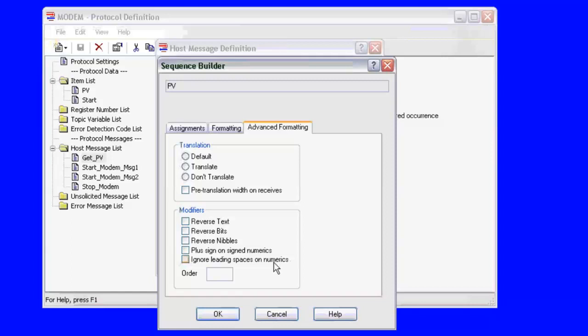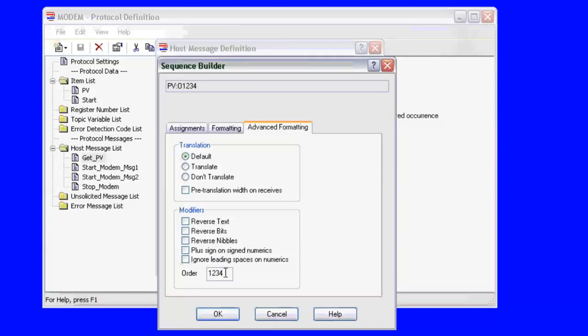This setting is how you handle those additional pad space characters. And lastly, the order field is going to allow you to completely rearrange the order of this particular sequence of bytes that we're using here. For example, if this particular sequence was going to have 4 bytes, then if I type in here 1, 2, 3, 4, then we're going to process that as we would if that was empty. First byte gets sent first, second byte gets sent second, third byte gets sent third,